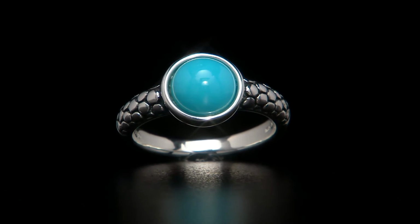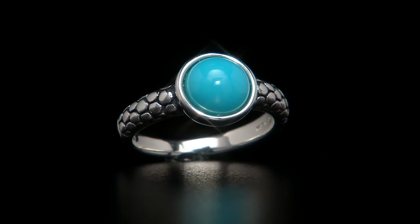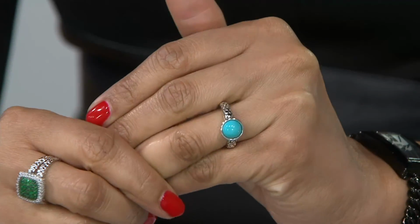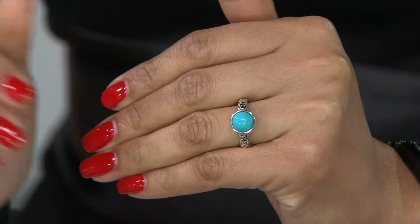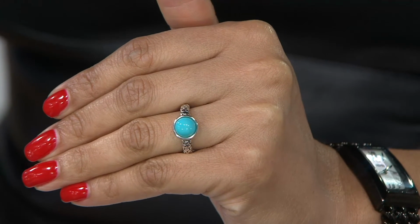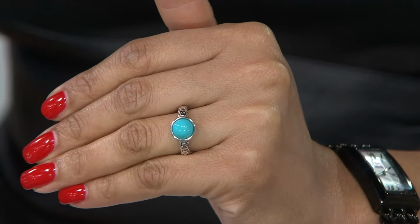J324201 on this customer top rated piece. This is the first time you're seeing it at under $70, and it's the only Sleeping Beauty turquoise in the show. This is it. All right, 5 through 10 are your sizes. If you get a chance, read those reviews online, because when you have a customer top rated item, it's like you're getting a second and third